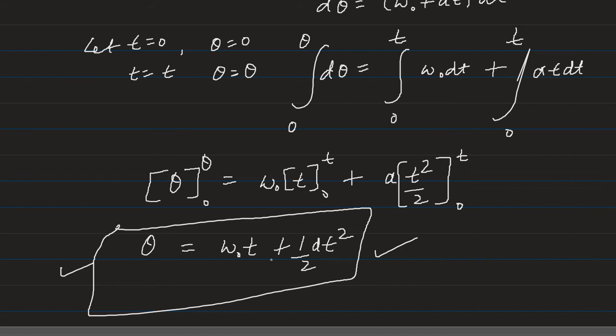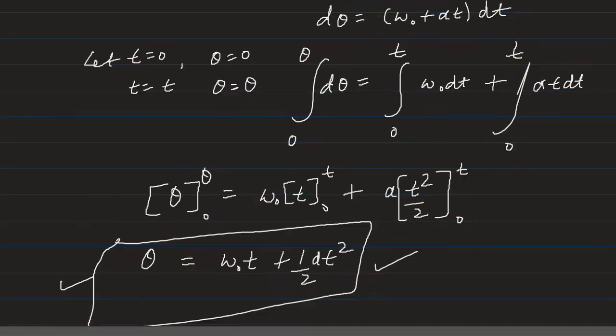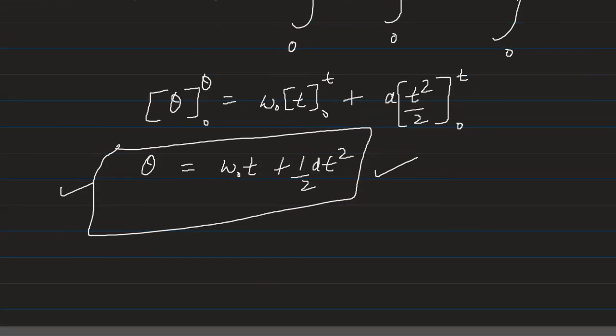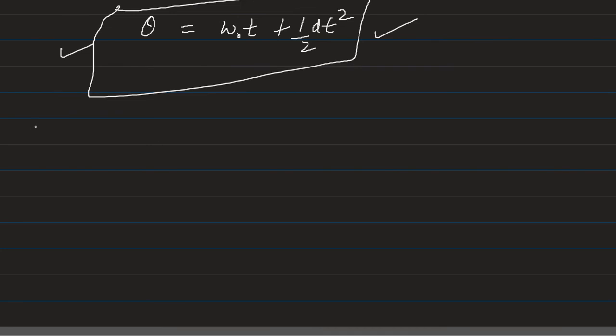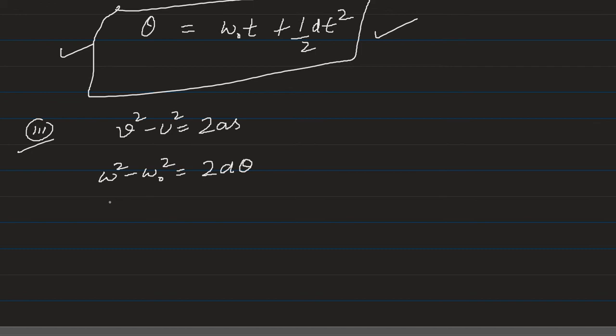So this is theta is equal to omega naught t plus half alpha t square, which you see in linear mechanics, in kinematics. So similarly students, we can derive our third equation, and in kinematics that was like v square minus u square is equal to 2as, and here the equation will be omega square minus omega naught square is equal to 2 alpha theta. So here we will derive this equation using the